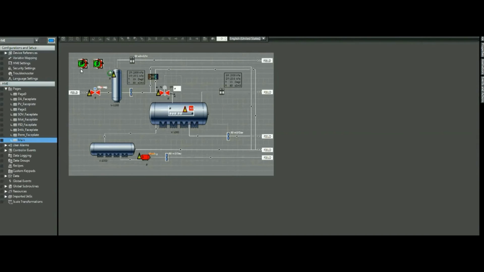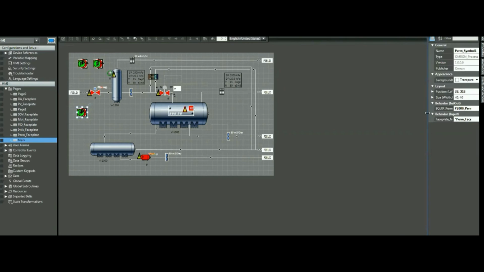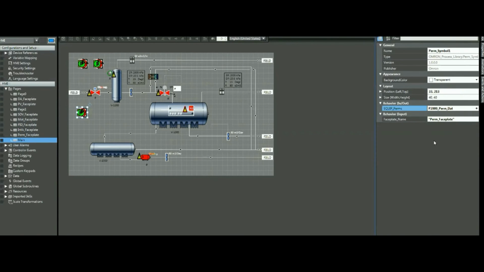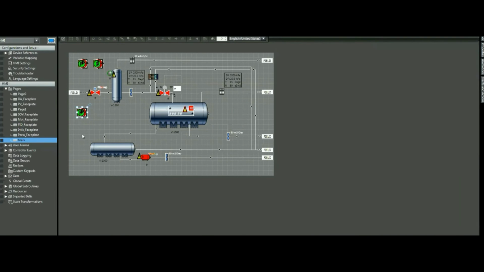And then what we'll do is, so this is our permissive object. We can simply create another copy in here. Double click on that so we can bring the properties. And then simply we're going to change this to 3000 that we created. Then we're going to have to create a faceplate that is dedicated to this object. To do so, we will basically create a copy of this template right here. So we copy that, and paste,